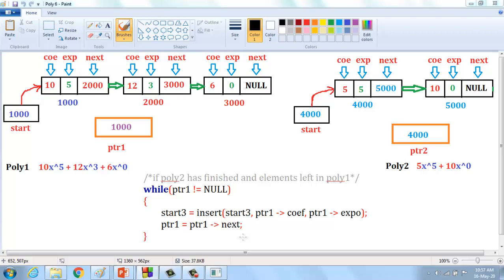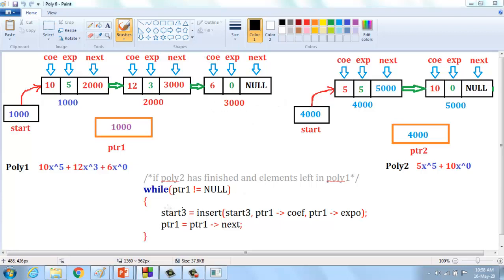So in this case, if there are certain elements in polynomial 1 as well as polynomial 2, consider polynomial 1 has 3 elements and polynomial 2 has 2 elements. If both are added successfully, here the exponent is 5, here also 5, here 3, here also 3, it means only certain elements are left in polynomial 1.